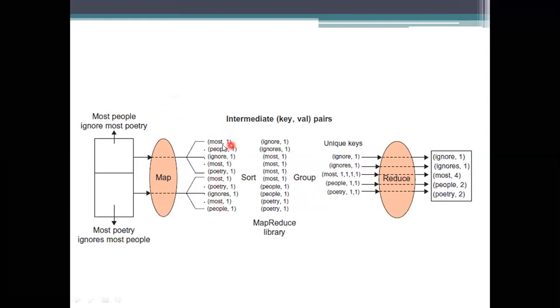And the values, which is how many times it occurs initially, up to grouping you will consider as one only. If it is repeated also, you represent them side by side only, then there will be no problem here. After the reduction only, you will get the computation count, the summation count here, until then the value of these pairs will simply be one only. Okay, so the most and the next people likewise we are using.